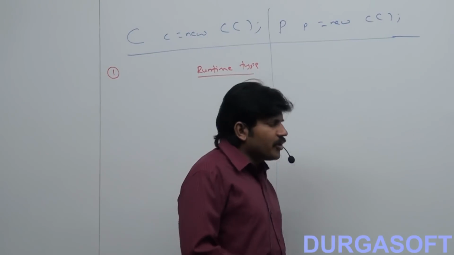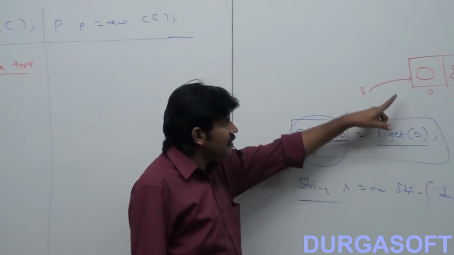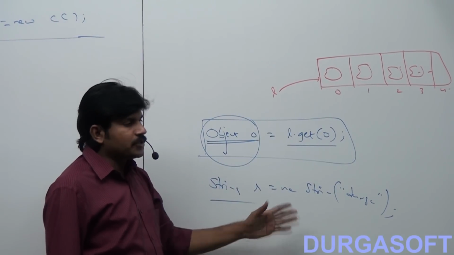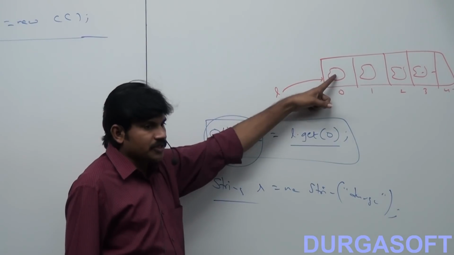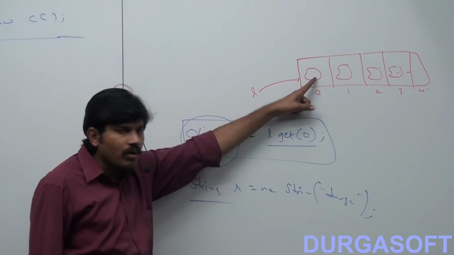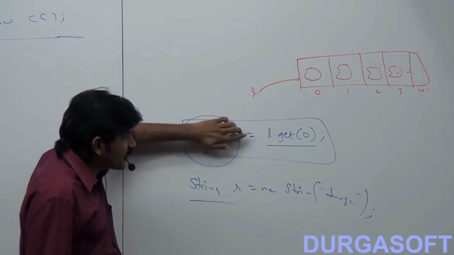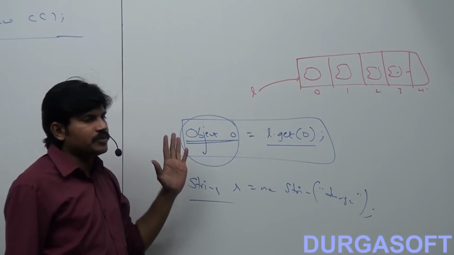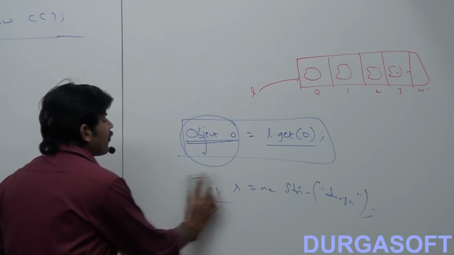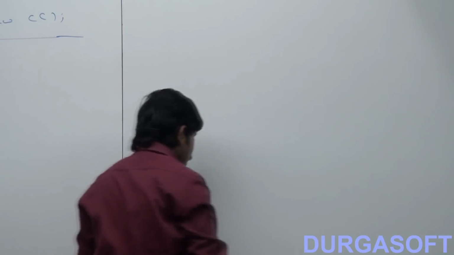So here, let me go for one more example so that you people may get clarity. L is what? Array list. Array list can contain any type of object. I don't know what this object is. It may be string or student or customer. Now we can hold this object by using a parent reference. So a parent reference can be used to hold any child object. Happily we are able to capture it. Okay, this is one example.